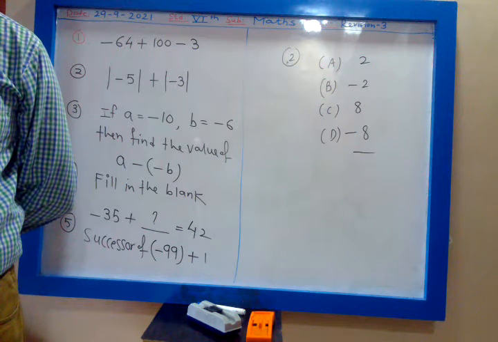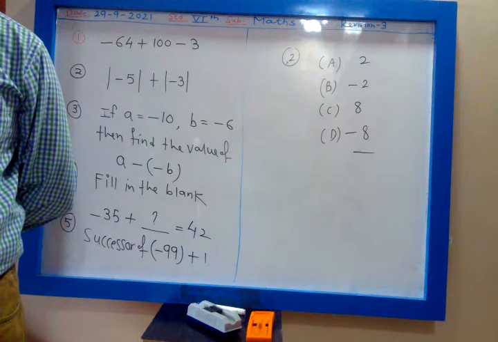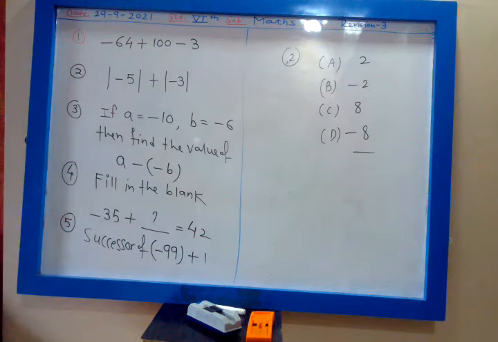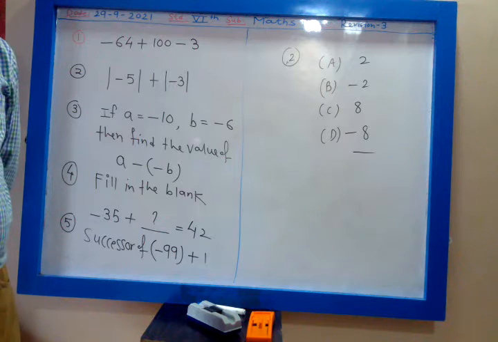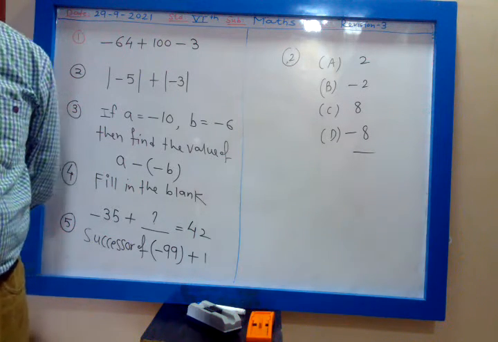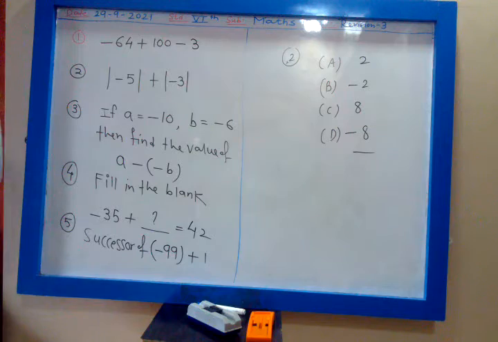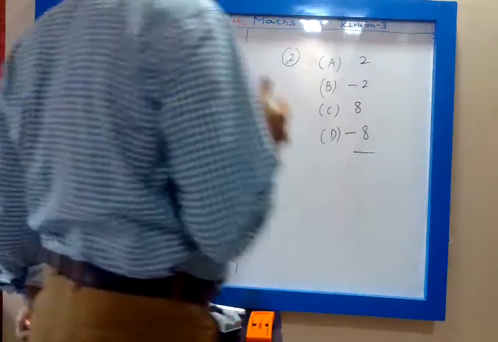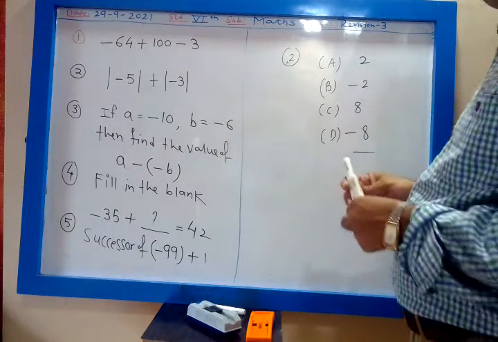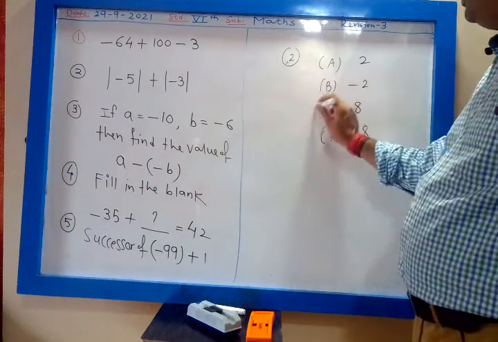Bhavesh Mali C. Your answer is D. Yes, Sia Wala, what is your answer? D. Not nearby. The answer is definite, my dear: either C or D or A or B. If you are saying nearby, it will not be accepted. See here. Majority are telling the answer C, so let us log the answer C.